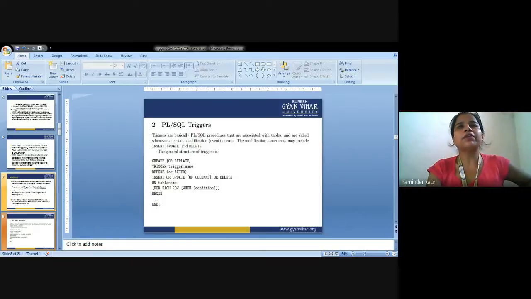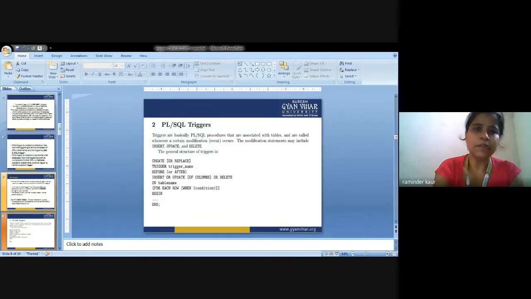So what I have discussed so far is DML triggers, AFTER triggers, INSTEAD OF triggers, and a little bit about the CLR trigger. So if you have any query regarding the same, you can ask me. I am giving you a time of 1 minute.